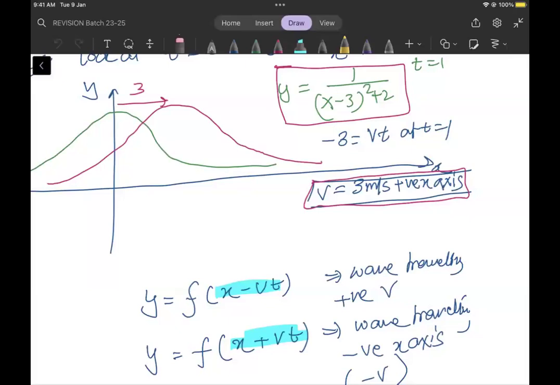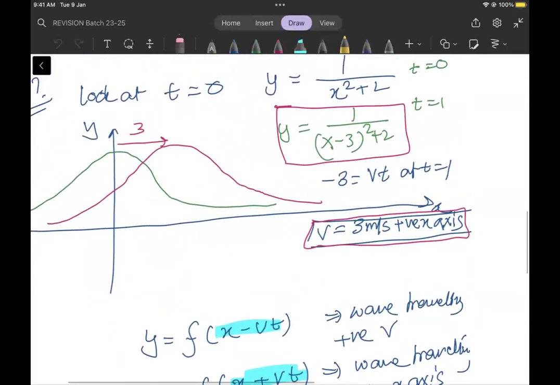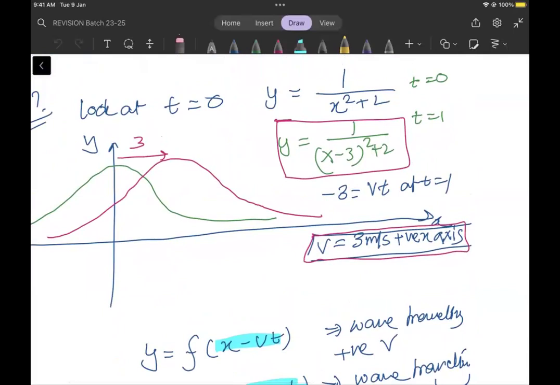Is there a possibility that you may get non-sinusoidal waves? Yes, there is. But if that happens, then you can be rest assured that they cannot ask you more than this. They may ask velocity of particle, acceleration of particle. And this wave is very unique. For example, if I talk about the one I have just drawn, the particle which will be at this position, x is equal to 5, 6, 10, whatever, once this disturbance passes it,